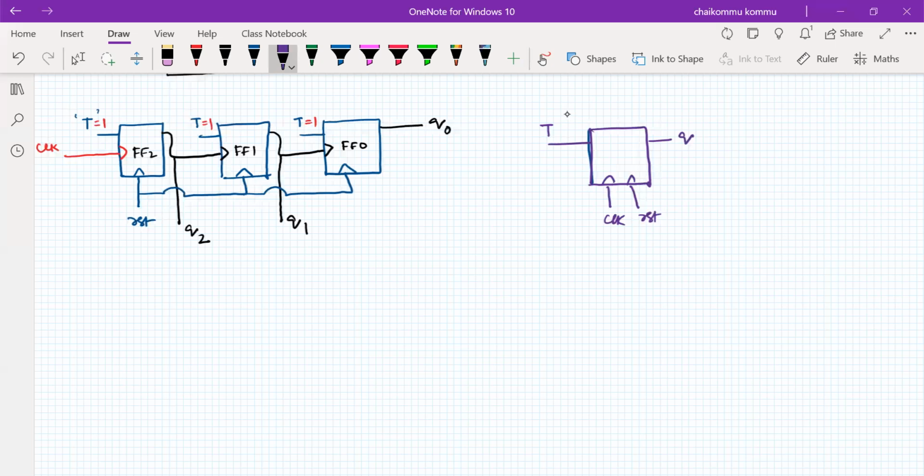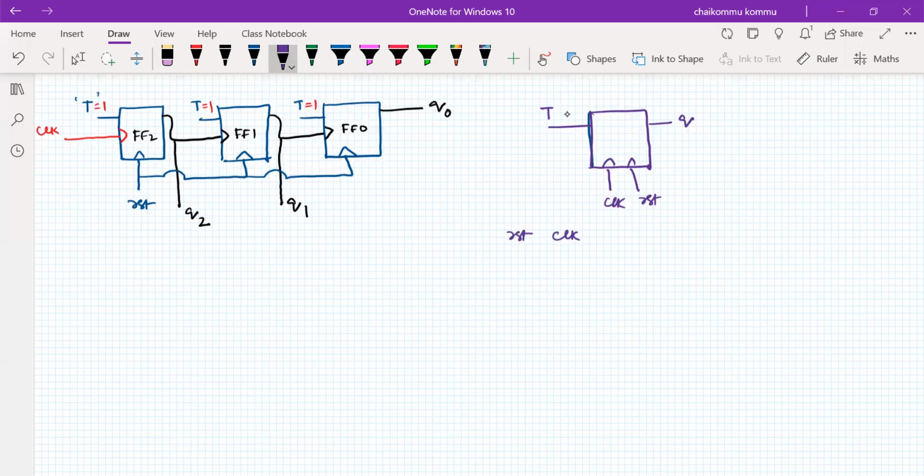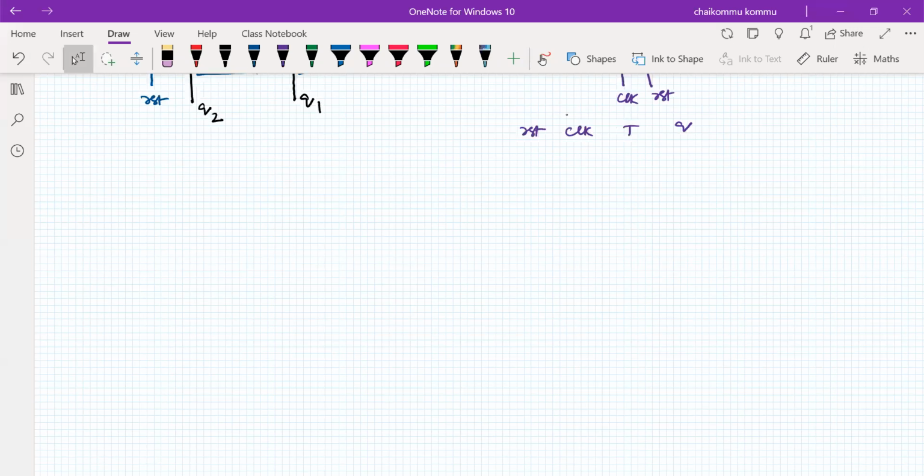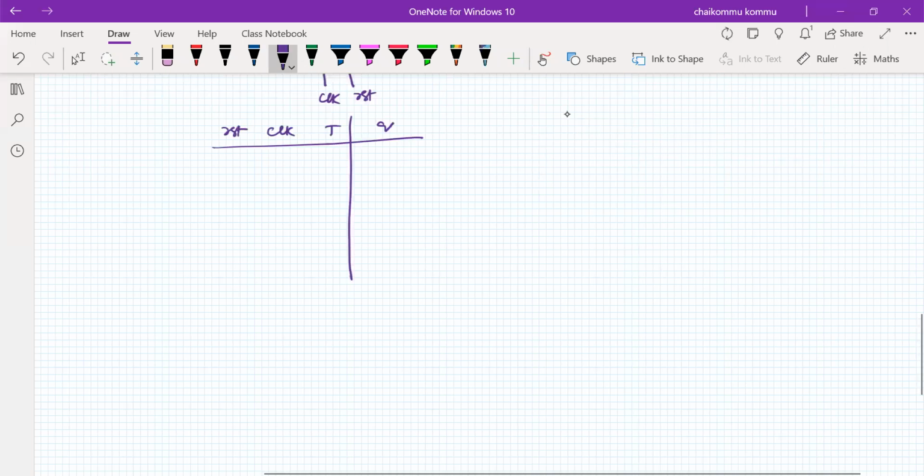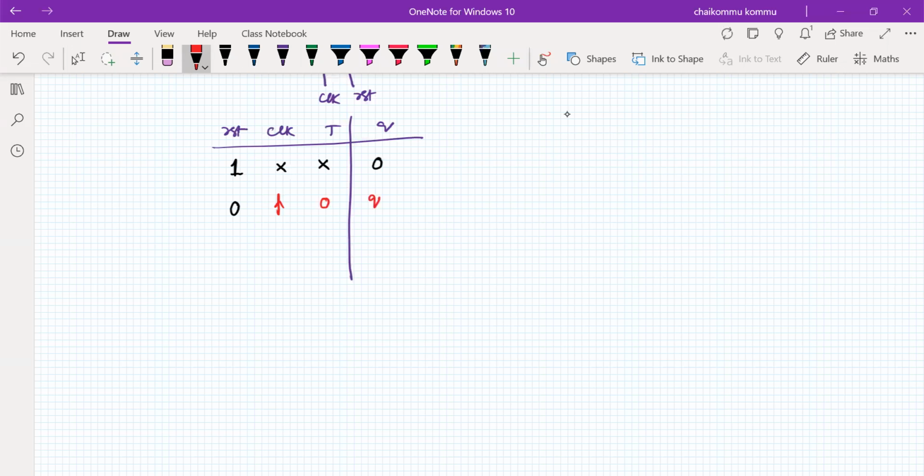Okay. So what is the output operation now? If the reset signal is 1, irrespective of the clock signal and the T signal, the output is equal to 0. If the reset signal is not there, and you have only the clock signal, that is a positive edge of the clock, and if the T input is, for example, 0, then the previous value will be obtained. Previous value means whatever the Q is, hold the information.